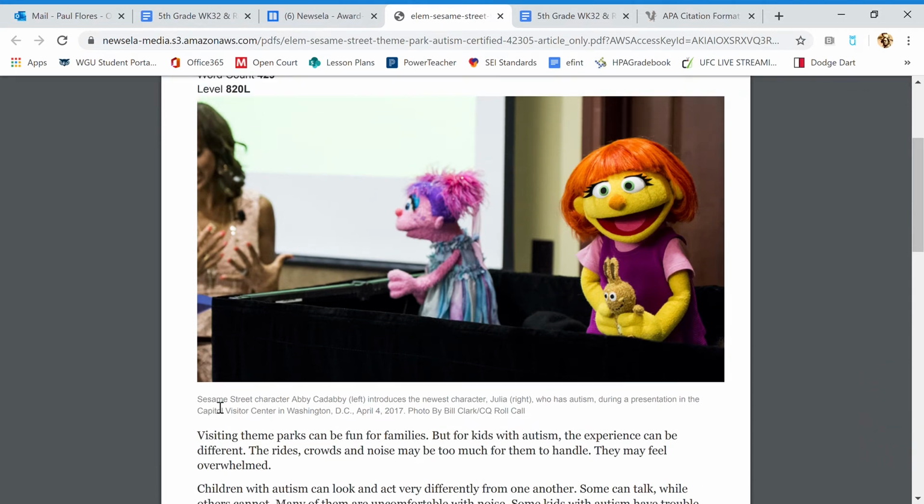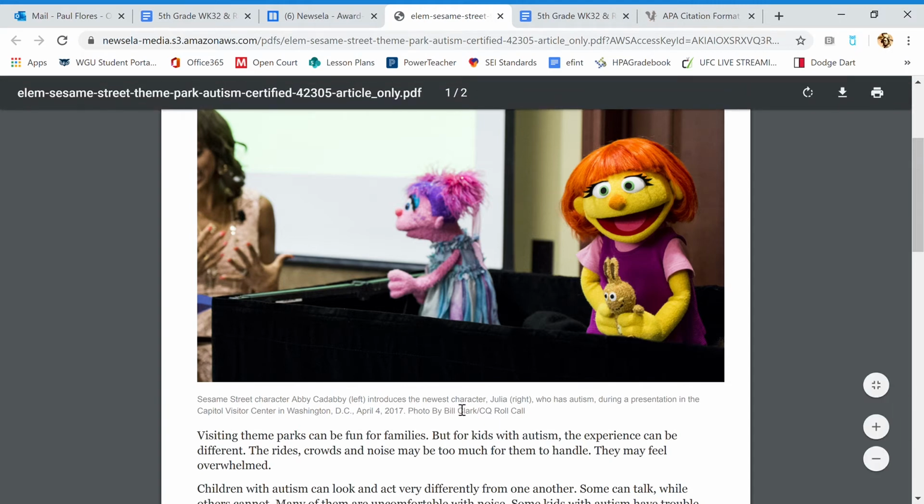review it. Sesame Street character by Wk32, that's on the left, introduces the newest character, Julia, to the right, who has autism, during a presentation in the Capitol Visitor Center in Washington, D.C. Wow, so Sesame Street introduces a new character and she has autism. So maybe my